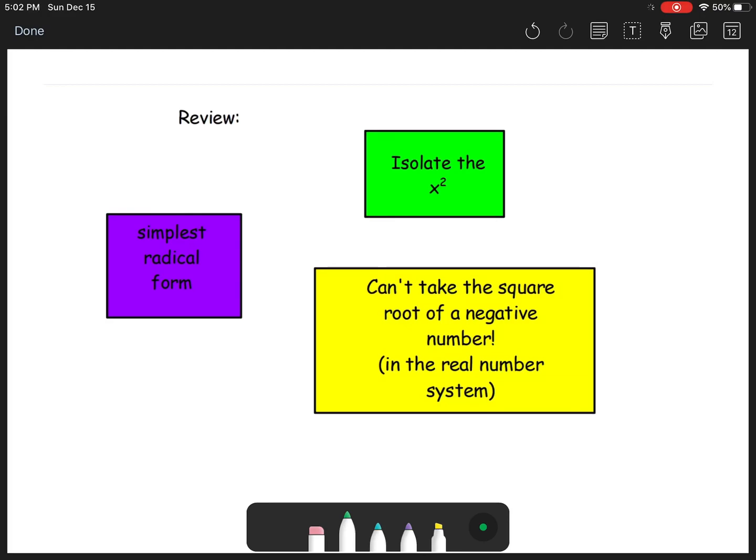So when we're solving our quadratic equations, we have those 3 steps. Remember, you start with isolating x squared, and you still need to have your final answer, and